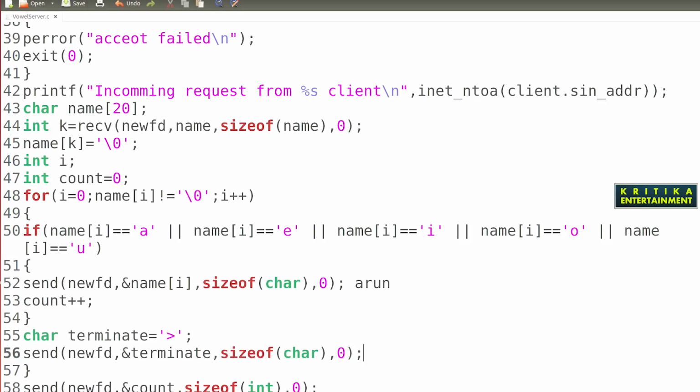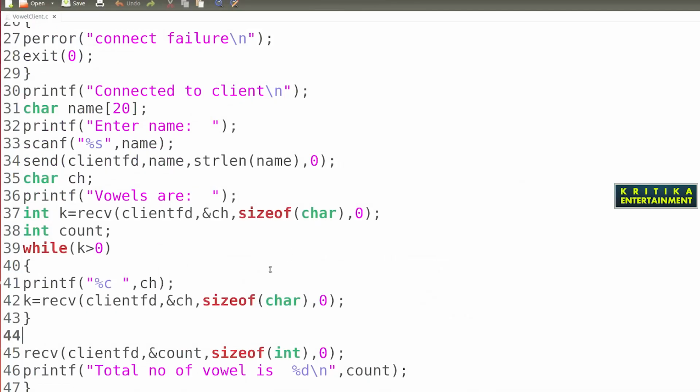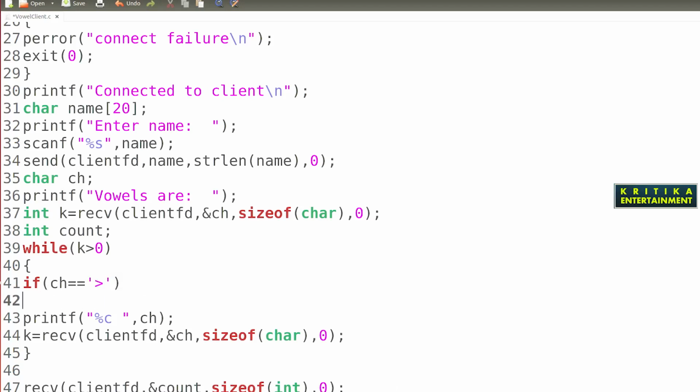So here, coming to this side, what will we write? If ch equals this symbol, then what will we do here? Break. That means I have used this extra check to terminate the loop.